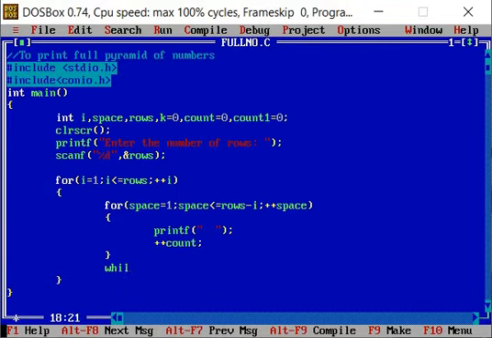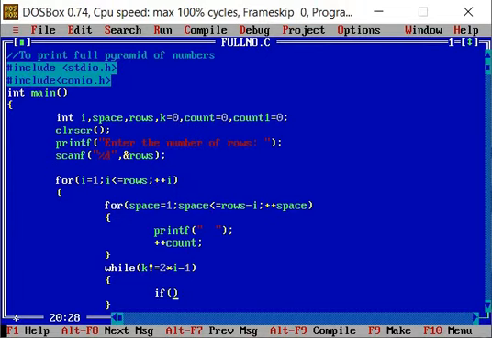Here we are using a while loop for printing the numbers: while k is not equal to 2 * i - 1. Again we are using an if else statement.